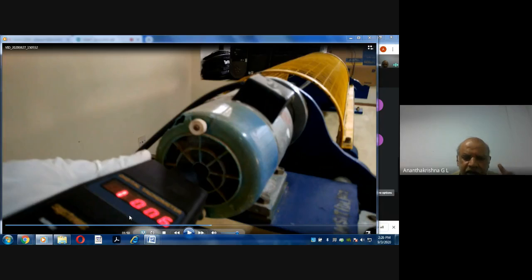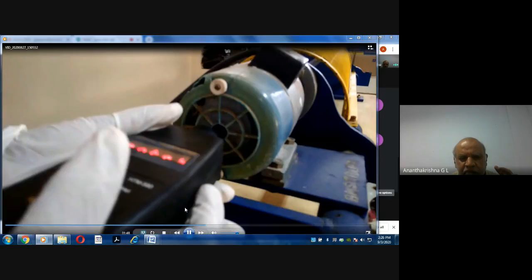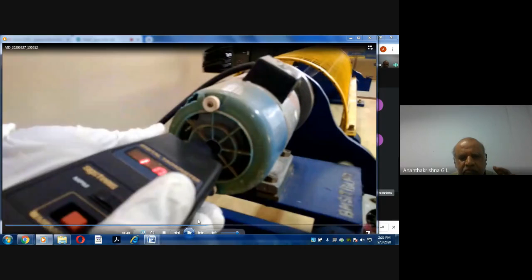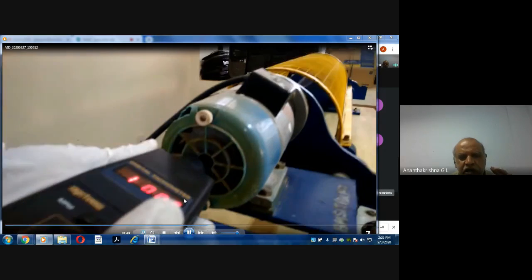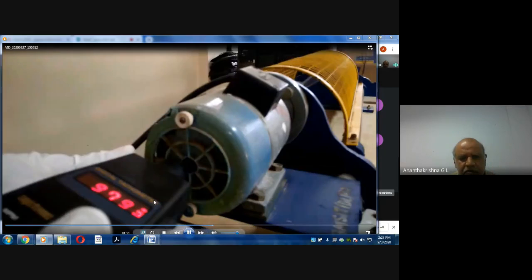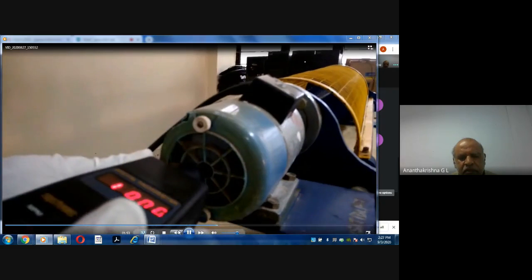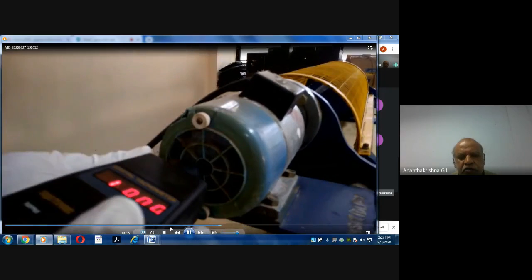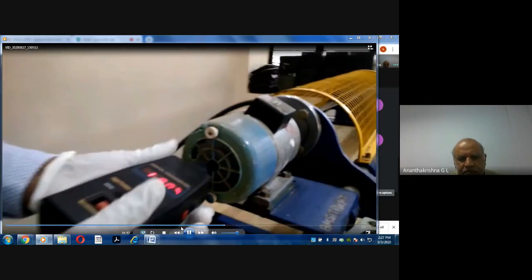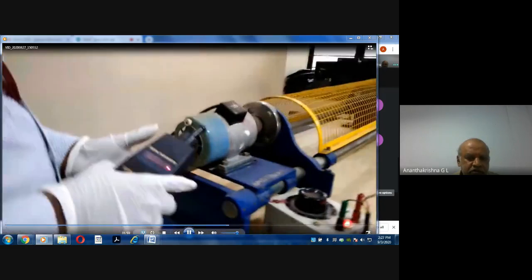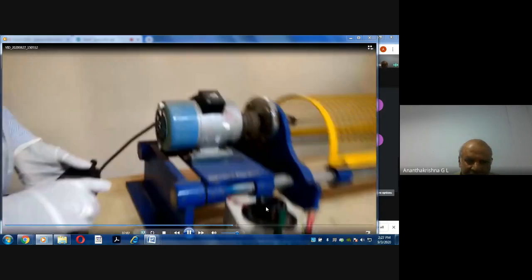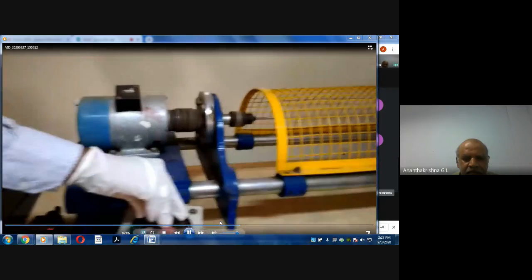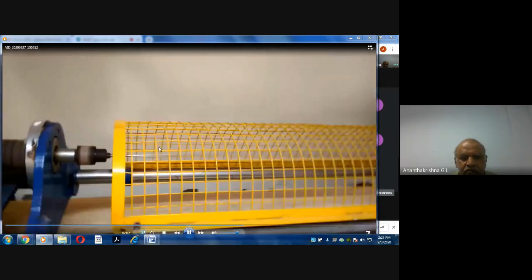You all understand? Could you understand? Yes, sir. If you don't keep that knob pressed, then only it will show the reading. Otherwise, it will not. It's showing around 1000 RPM over here. Note down this RPM. Now, what you do is keep increasing the voltage through the dimmerstat such that the shaft